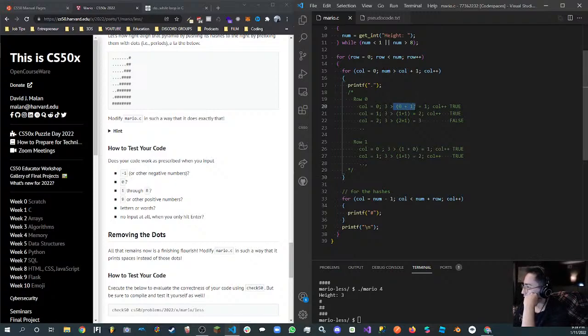It's because you have to restart right here. This 0 column plus 1 needs to be a bit